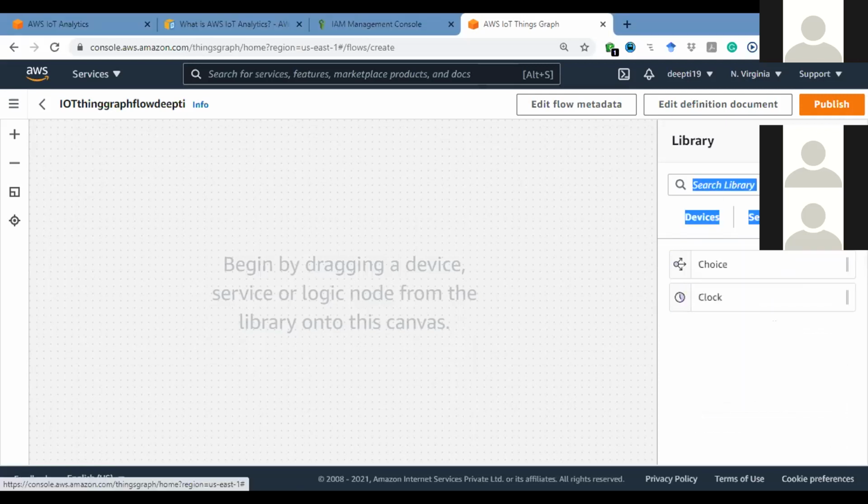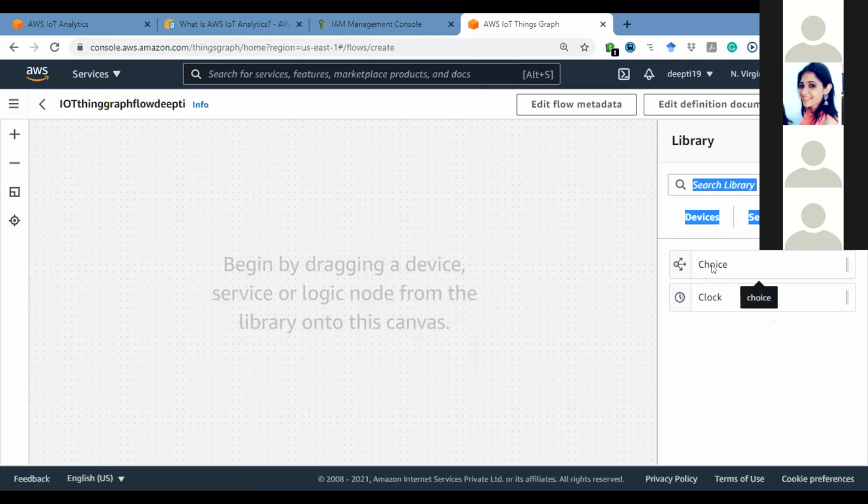So you said click on device, Amit. Yeah, devices is there, but we are following. Okay, so can we click on device? From starting, what we have to do, since we are in that library where device, service and logic tab is there, then what we need to do next?